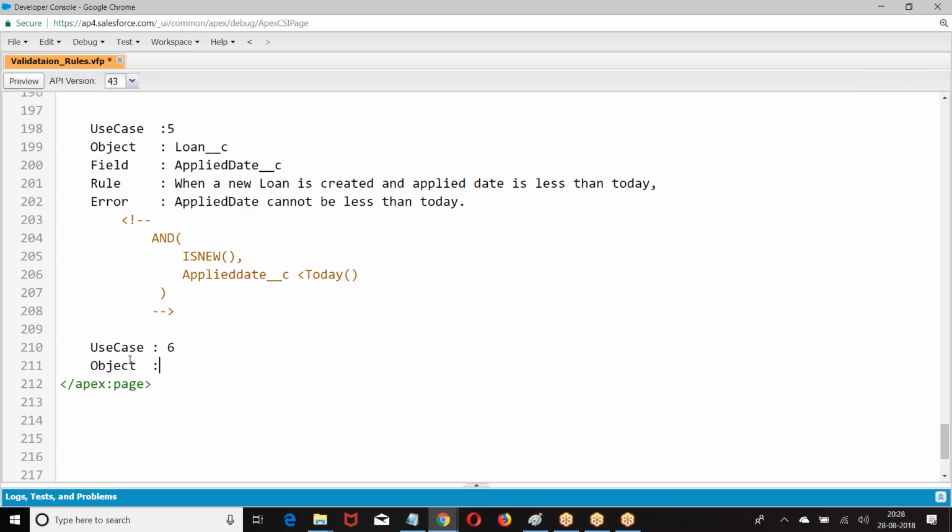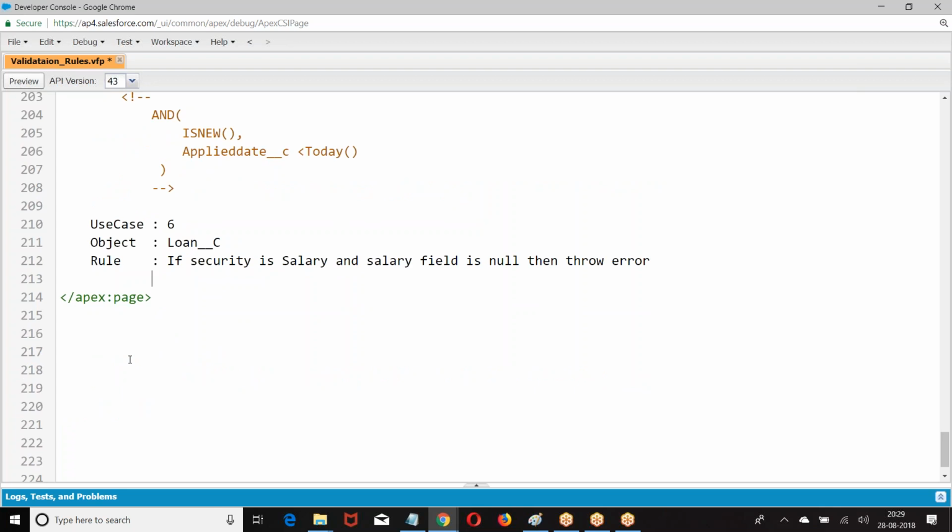So object loan, then okay, rule. What is the rule? If security is salary and salary field is blank, if security is salary and salary field is null, throw error message.